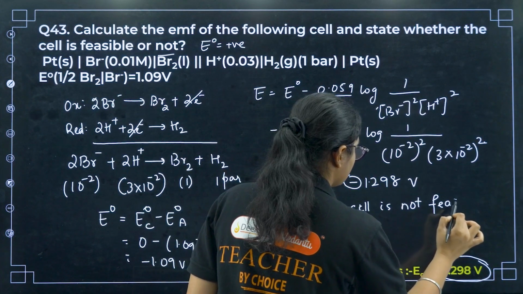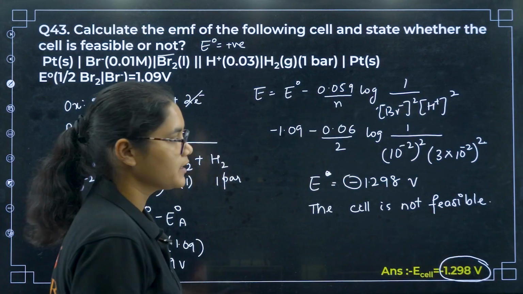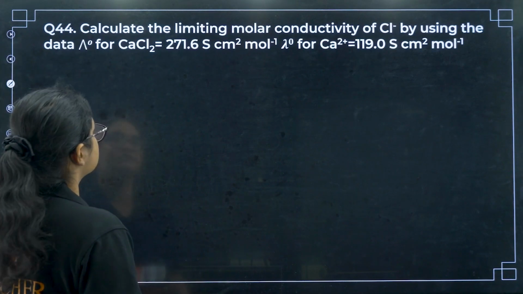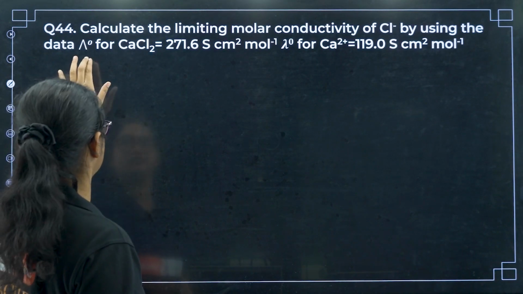Cell is not feasible. Okay, fine. Next, moving to question number 4: calculate the limiting molar conductivity of Cl minus by using the